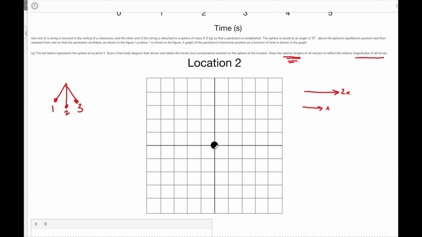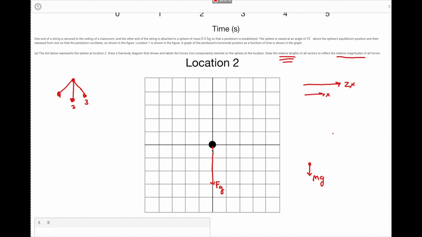Whatever I draw, I know that on this ball, starting at the ball, we're going to have a line down here. I'm just going to make this go 3 boxes, and that's going to be equal to weight, Fg. You cannot write mg, right? mg is not a force. mg is how you find the force. So when you're doing free body diagrams, don't put in the formulas for them. Write the force. So if I used 3 boxes for the magnitude of Fg,